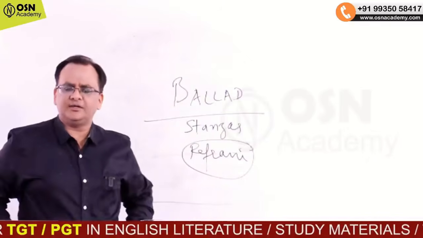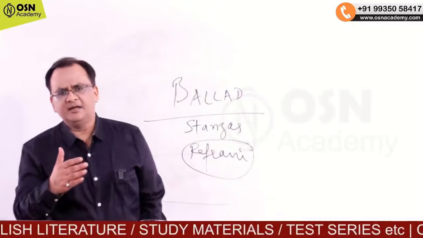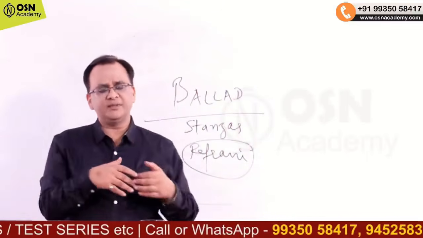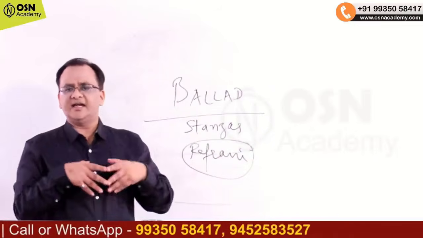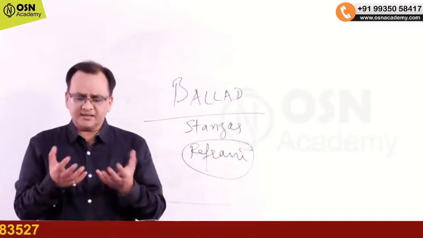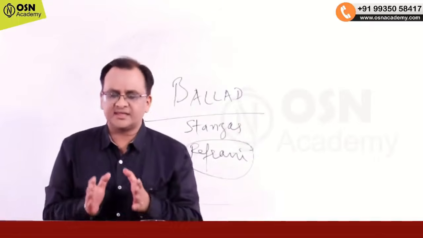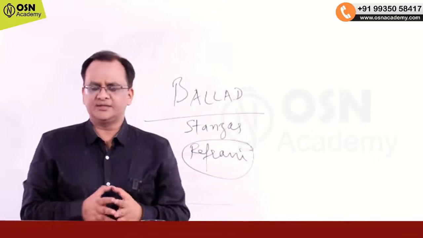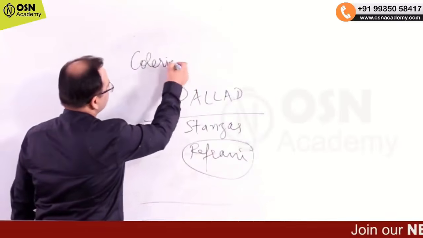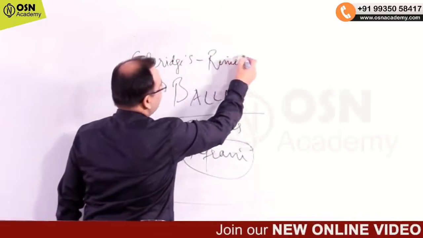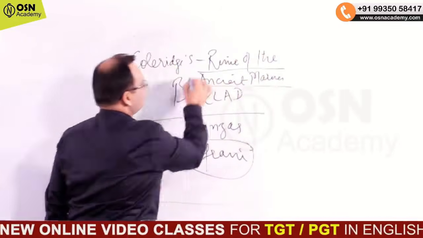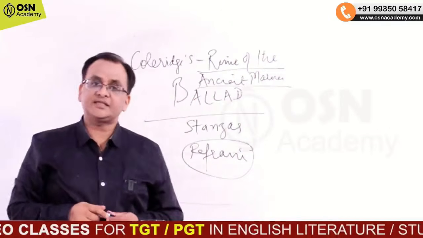And students, in the 18th century, 18वीं शताब्दी में जब हमने देखा कि there was a revival of interest in the earlier times, 18th century में पुराने समय पे लोग चले गए, उनमें ज्यादा इंटरेस्ट आने लगा. तो ये जो बैलेड्स था which were admired long back because of their simplicity, because of their wonderfulness and because of their dramatic power, they again people started admiring, and the best example which can be told to you is no other than but S.T. Coleridge's Rime of the Ancient Mariner, one of the most wonderful ballads written by a great poet, S.T. Coleridge.